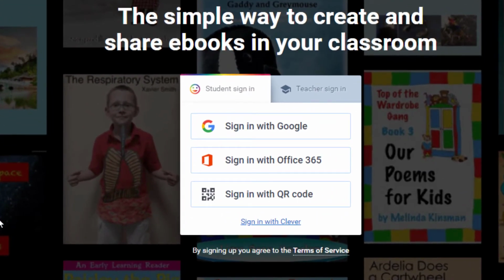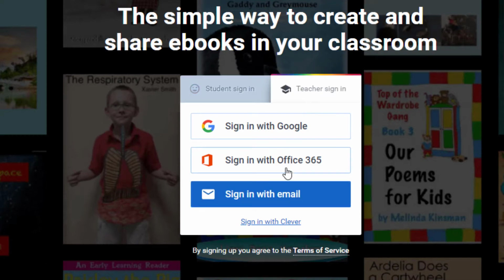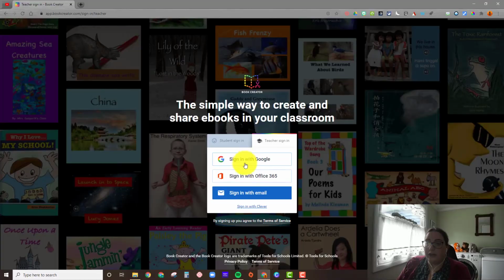Now, the benefit of signing in as a teacher is you can create your own library that your students can share books with. So I find that that's the way to go if you're going to be using this with students. So I'm going to click on the teacher sign-in, and I'm going to sign in with Google. You can also sign in with Office 365, sign in with your email if you don't want to connect all of your accounts together, or you can sign in with Clever. So I'm going to go with Google,